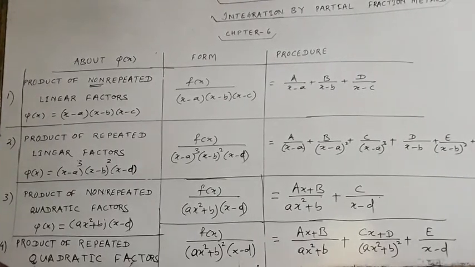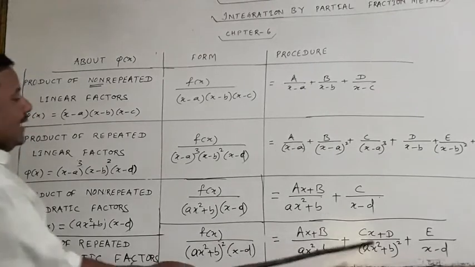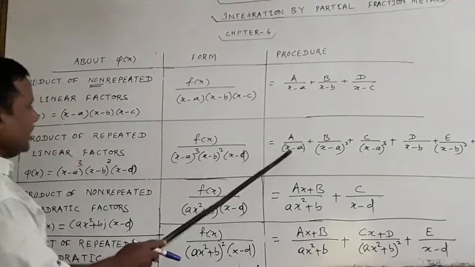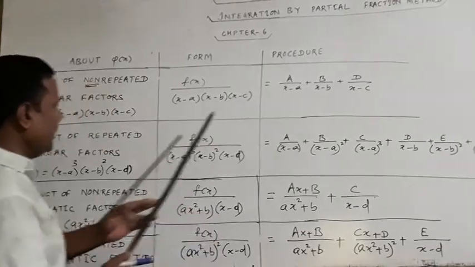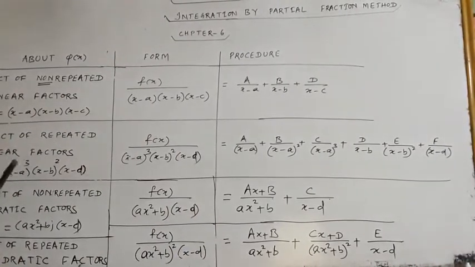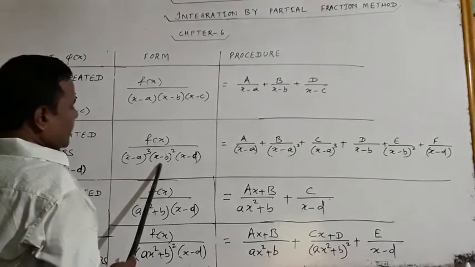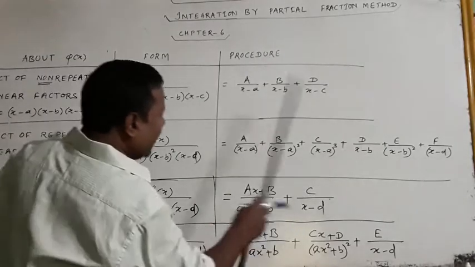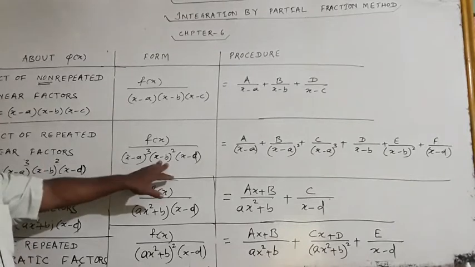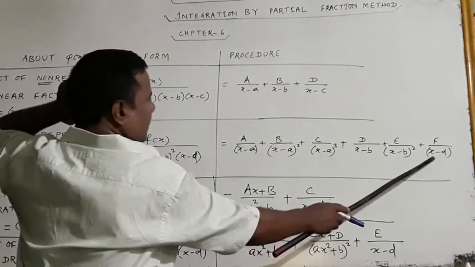In this case, what will you do? You first write x − a, then write (x − a)², then again write (x − a)³. So the work of x − a is complete. Now for x − b squared, write x − b, then write (x − b)², then the work of x − b is completed. Now only one term is there, x − 2.